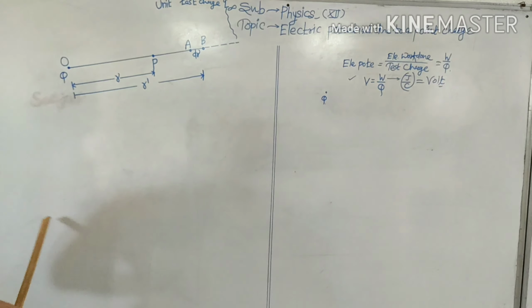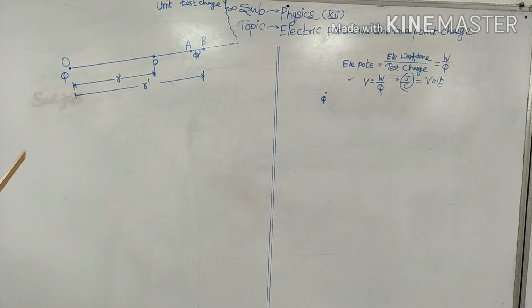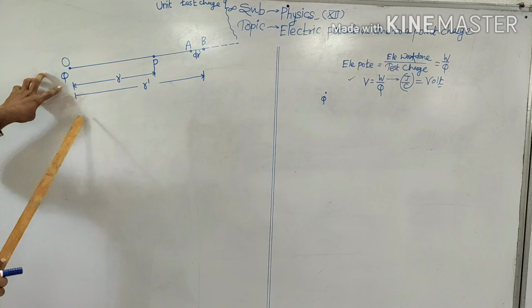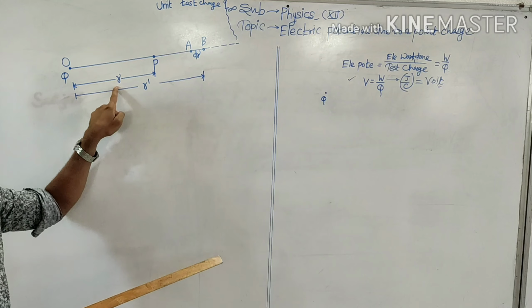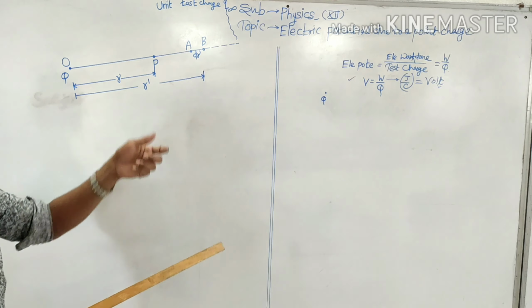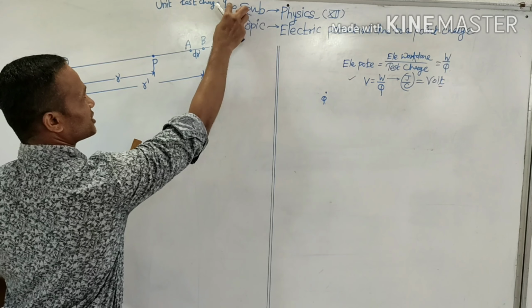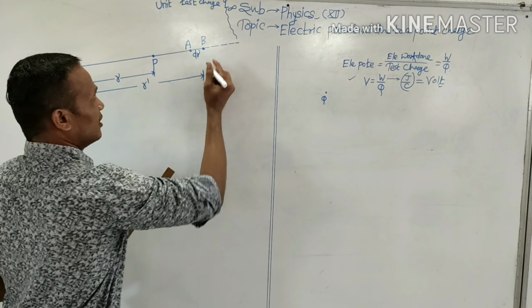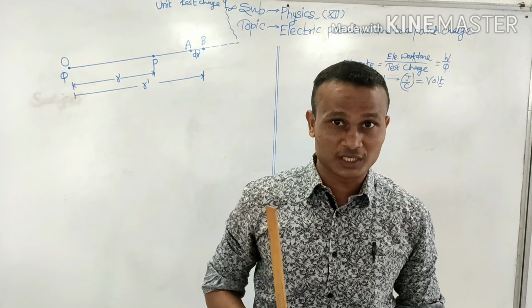This is the scene. Now let me explain the figure. We have an electric point charge Q placed at O. We wish to find out the electric potential due to Q at a point P, which is at distance r from it. For that we have done some arrangement. We consider a test charge, or unit test charge, which we brought from infinity to a point B. So when we are bringing it, okay, from somewhere we need to do electrical work.